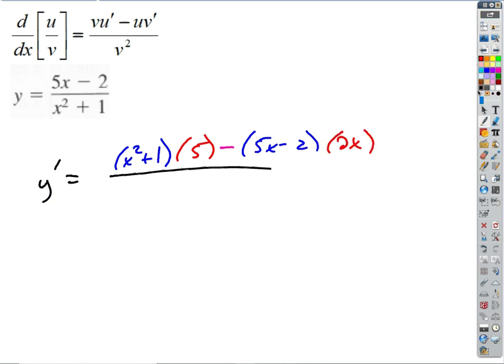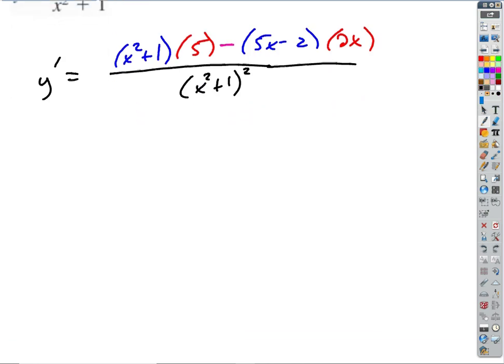Good. Okay, all divided by x squared plus 1. There you go. So let's go ahead and actually finish this one. We'll simplify this. So what do we end up with then? If we do the math, we distribute the